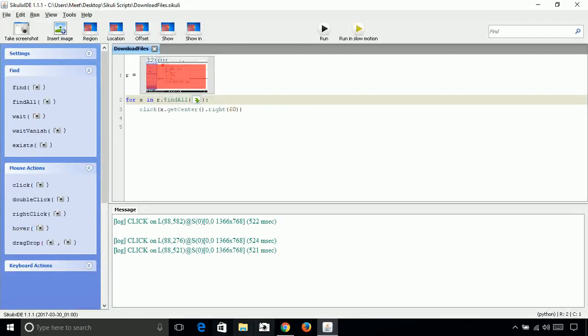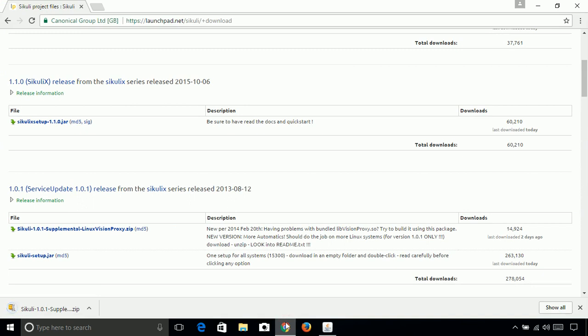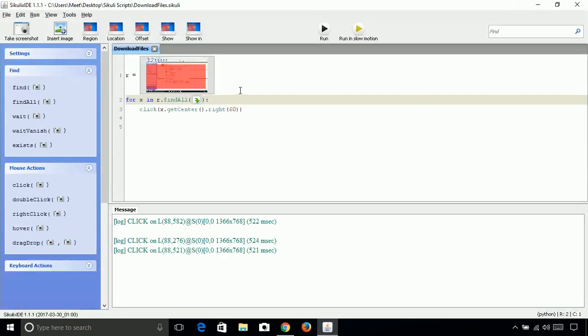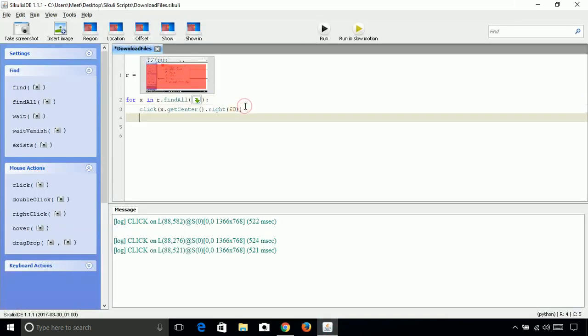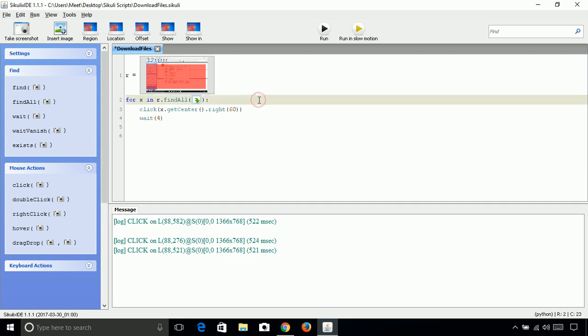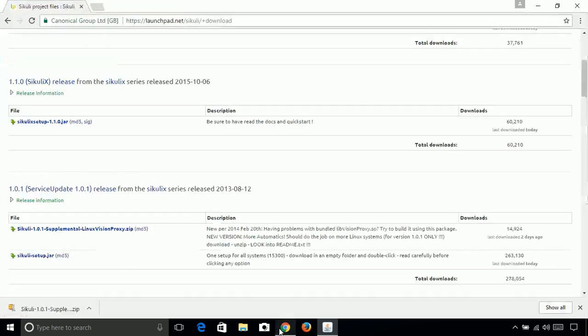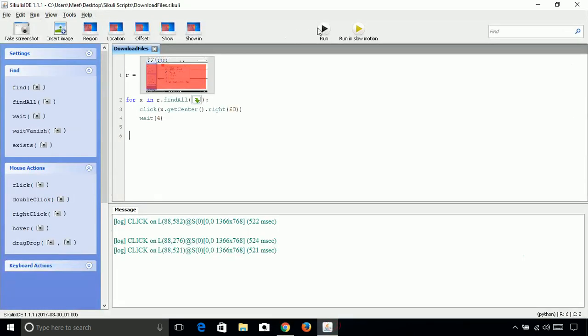It has clicked on all three, but we need to ask the script to wait for every download so that it will be able to download. So let's use the function wait here. Wait for 4 seconds so that everything will be downloaded. So now let's save it and run again. Let me close this and then run again.